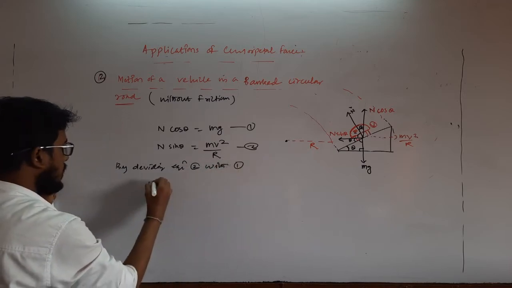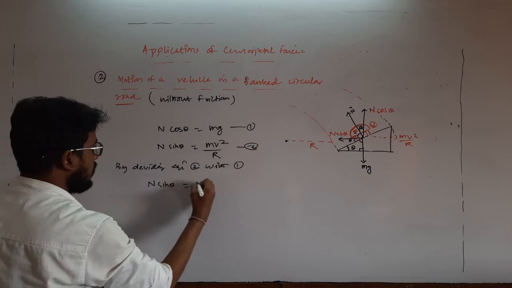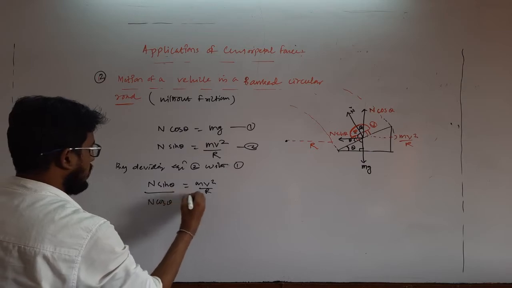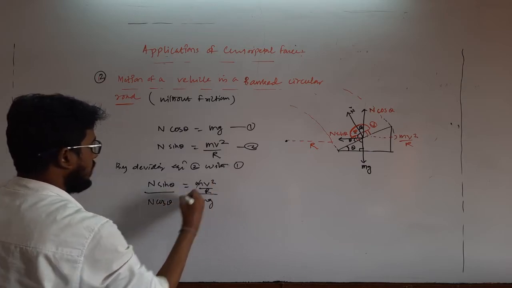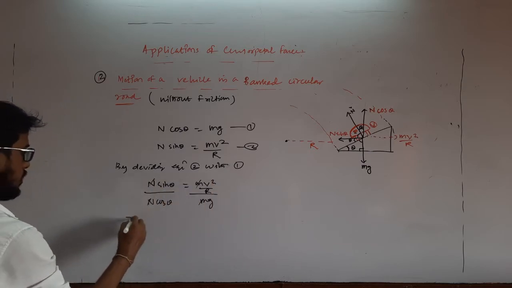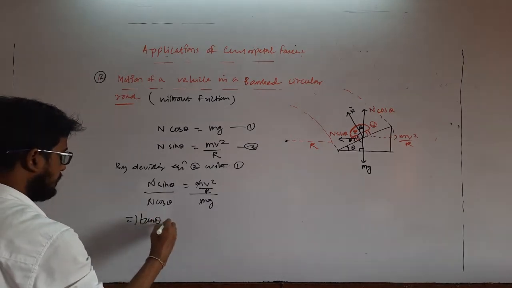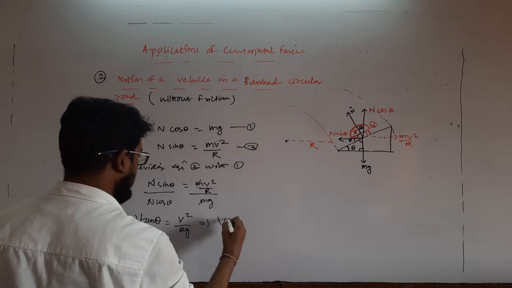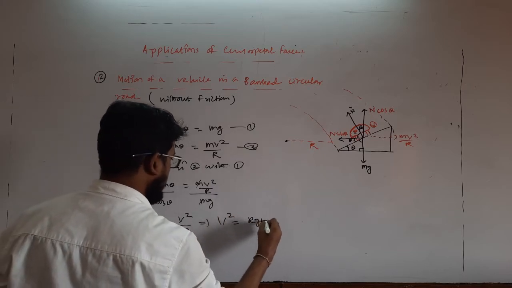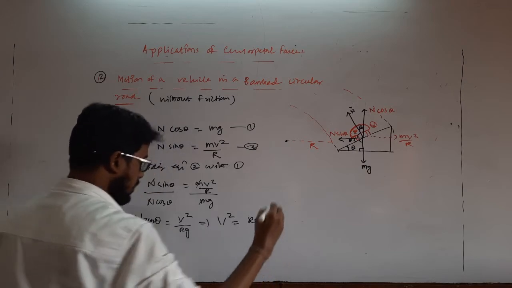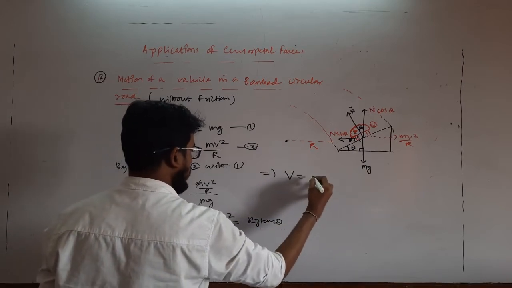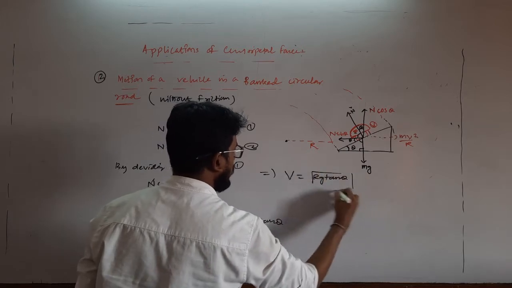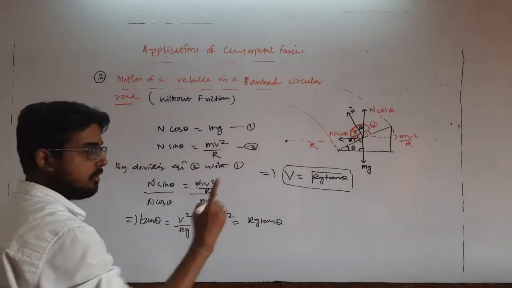By dividing equation 2 by equation 1, we get N sin theta equal to m v square by r divided by N cos theta equal to mg. So m will get cancelled, N will get cancelled, so we will get tan theta equal to v square by r g, or this implies v square equals r g tan theta, or from this we will get v equal to the square root of r g tan theta. Okay, clear? Where